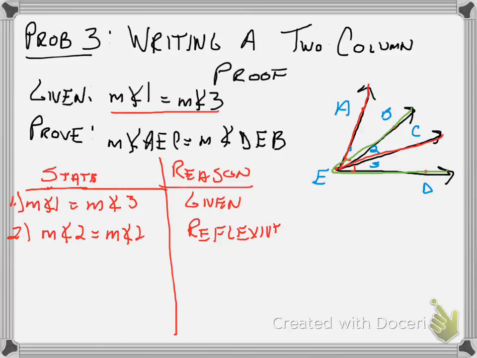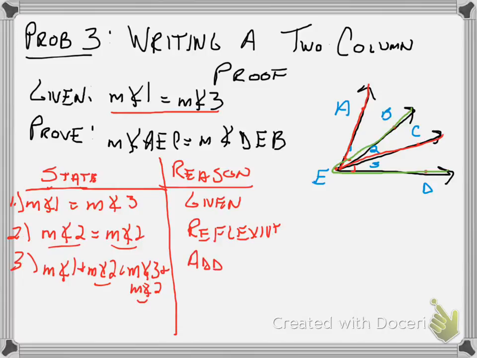Okay, so once I have these equal, now I'm going to go back to the stuff we just talked about: measurement of angle 1 plus the measurement of angle 2 equals the measurement of angle 3 plus the measurement of angle 2. How can I do that? Well, what did I do? I added angle 2 to two things that are equal. That's my addition property of equality. Okay, why? Because I added them. Okay? 4,